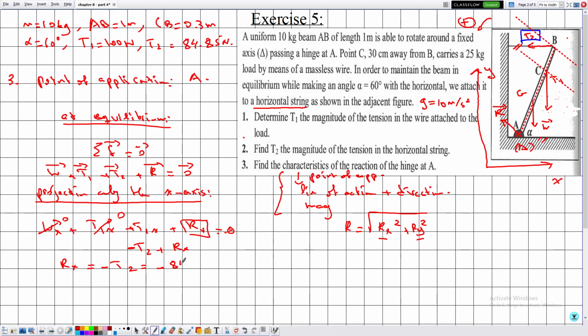minus 84.85 newtons. So Rx is equal to minus 84.85 newtons. Okay. Now as for the y component,